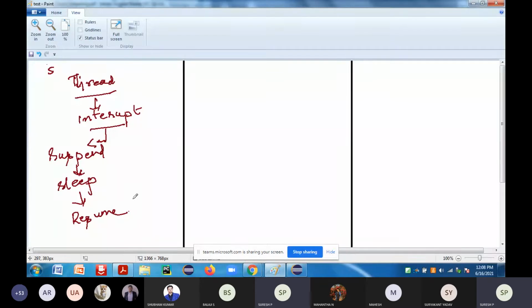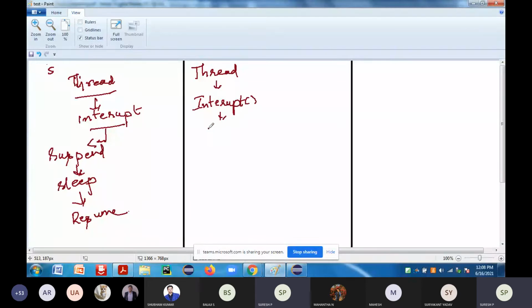Some of the functions in your normal thread. If you take the normal thread, the start function should be there, right? Whenever the normal thread is interrupted, it has to go to the wait state.